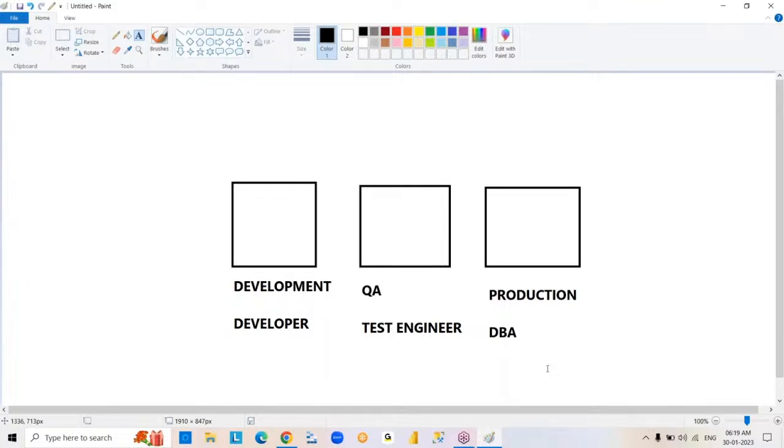We are going to work with different types of versions from SQL Server. Right? Okay, now